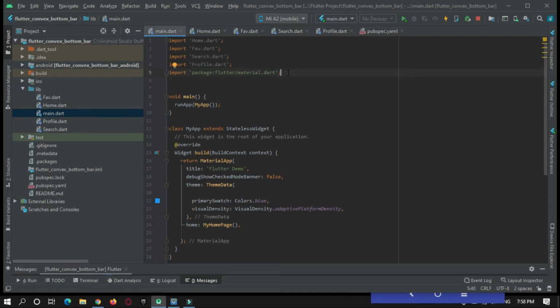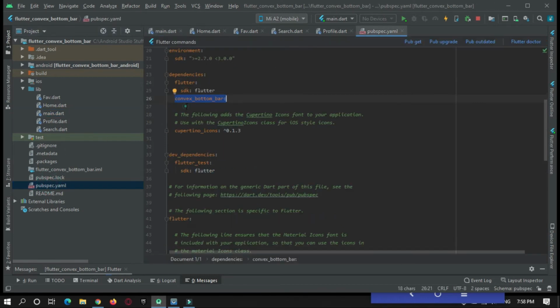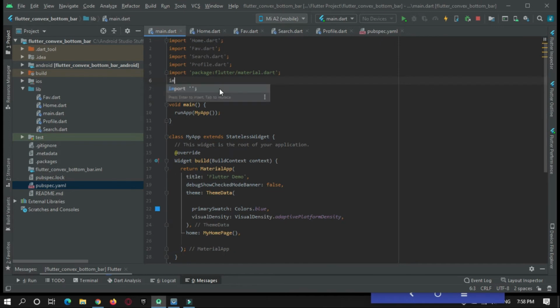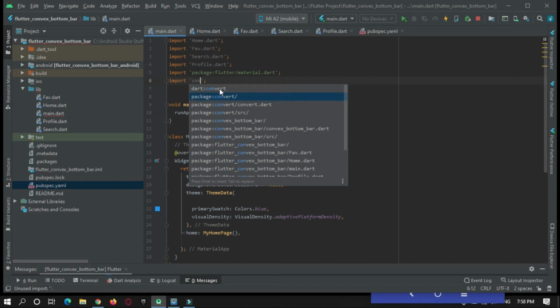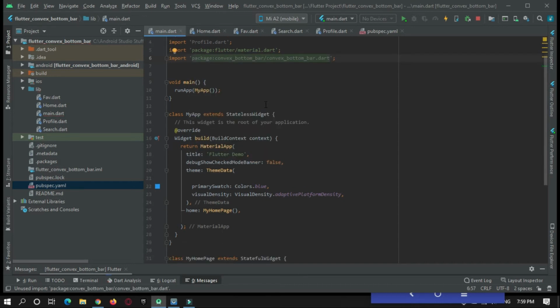And also we need to import this convex bottom bar dart file. Okay, so we are done.